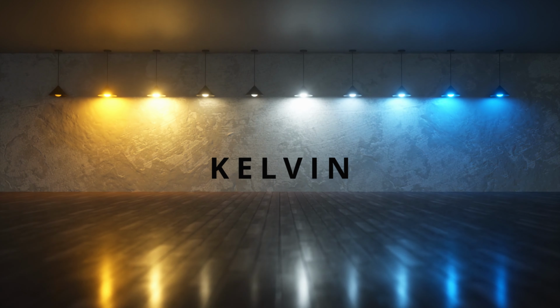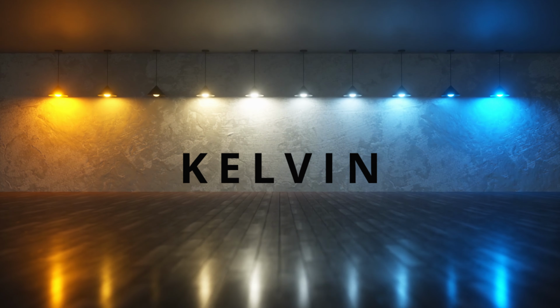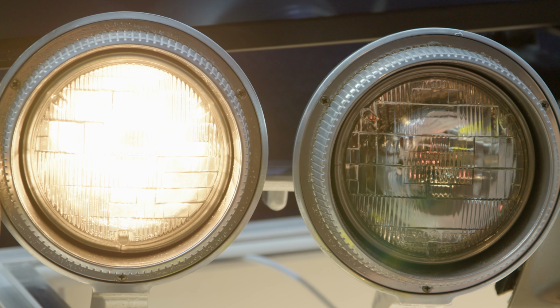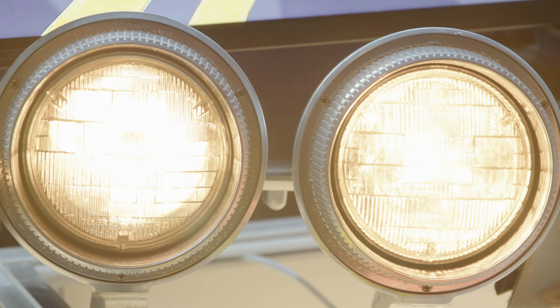Now, if you're unsure of what that means, light is measured by degrees Kelvin, which is essentially the temperature of light. For example, a halogen bulb that produces 3000 Ks is going to have a yellow tint to it. Now, unfortunately, with halogen bulbs, that's about the highest they can go. So that's why they aren't as common in vehicles nowadays than they used to be. When we compare the two headlights side by side later, you'll definitely see the color difference that I'm talking about,